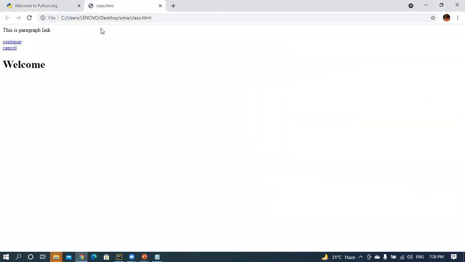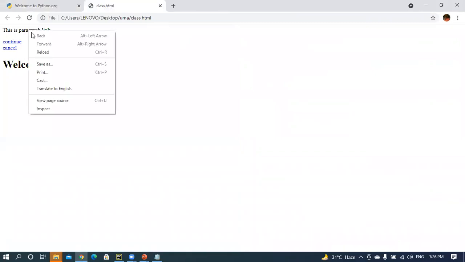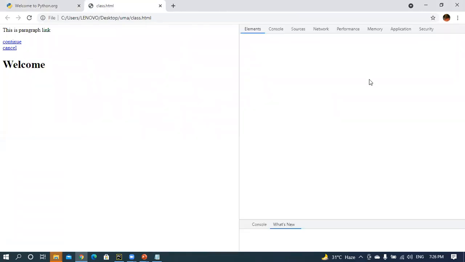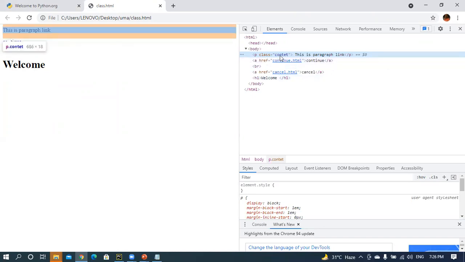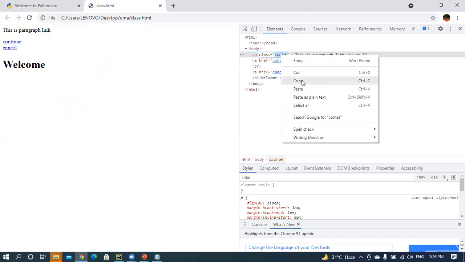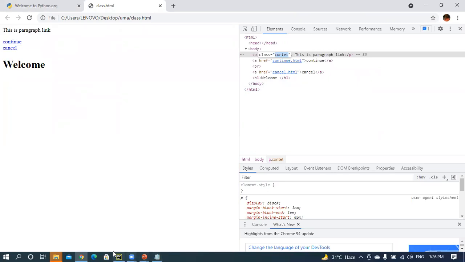Yes, this is class.html. If you inspect this one, there is a class name available. See here, class name is content. You have to take this class value. With that class value, you can execute this one.